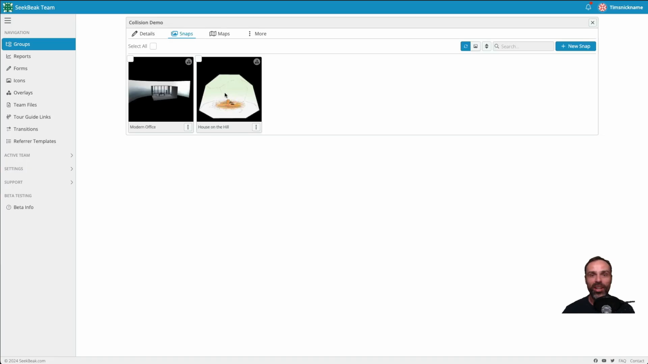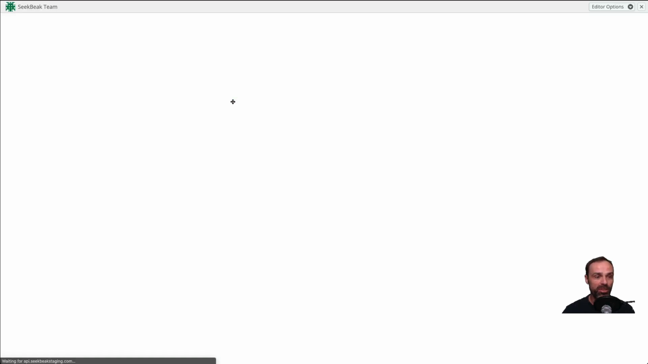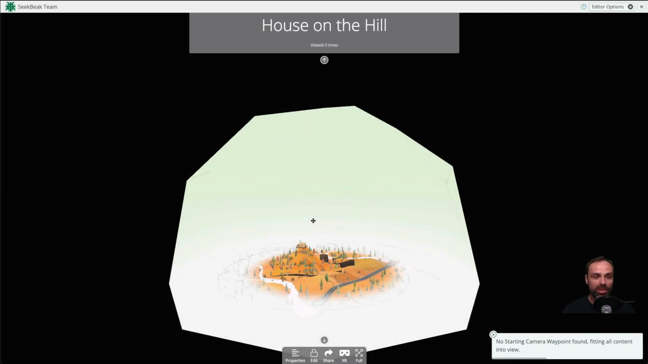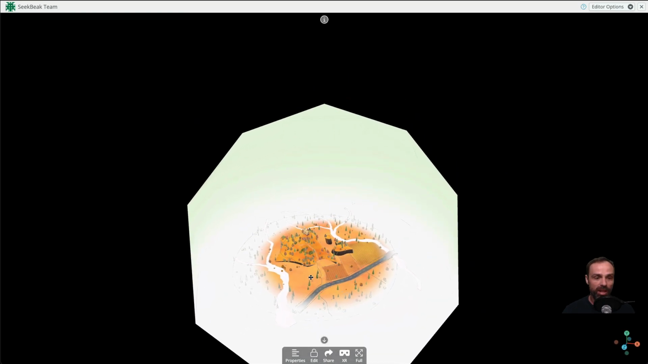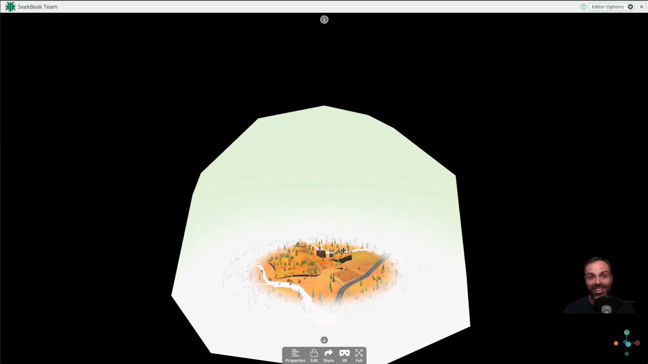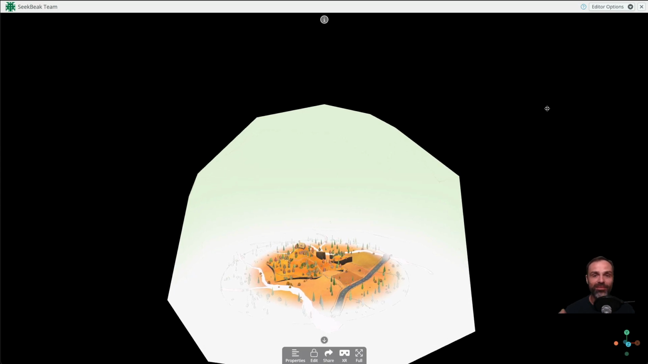Hey guys, let's take a look at the new first-person controller and collision detection and what you need to do to get all that set up. I've uploaded a model called House on a Hill, which I grabbed from Sketchfab, and as you can see, it's this giant model, and I don't have any waypoints set, so we're kind of just way out on the outskirts of things. So what I want to do is zoom in and set up scale